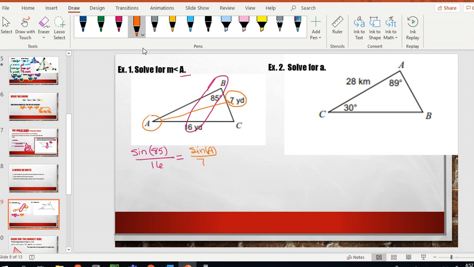Okay, so let me tell you the way I prefer you to do this. I would multiply both sides by 7. And I have sine of A equal to, this is my answer. Technically, it's not simplified, but my answer's staring at me. When this cancels on this side, I know sine of A is equal to 7 times sine of 85